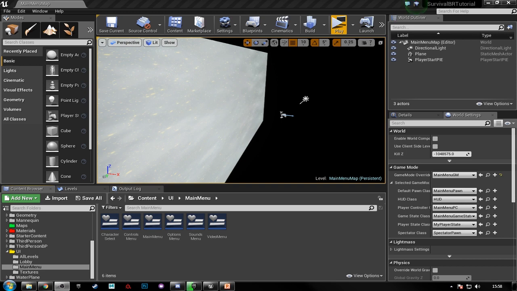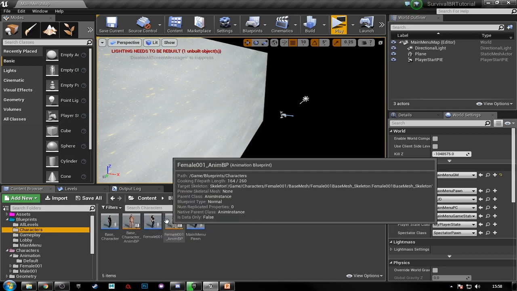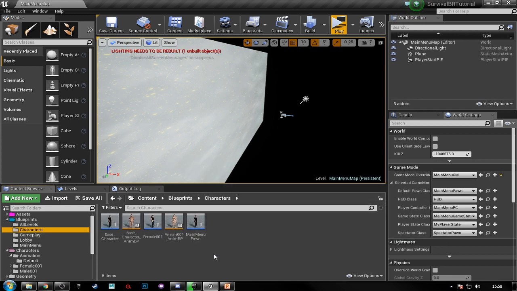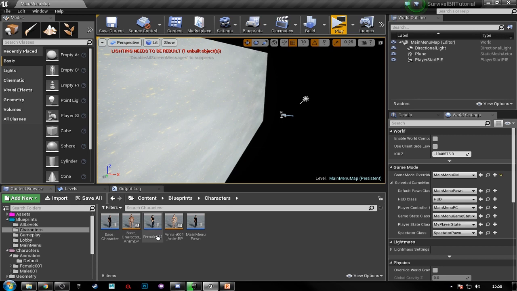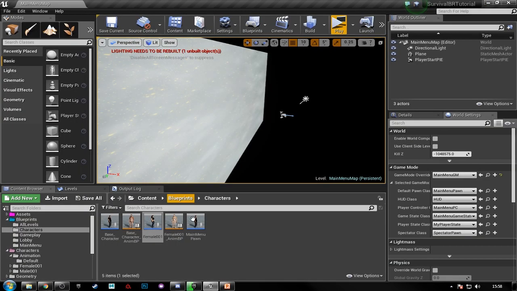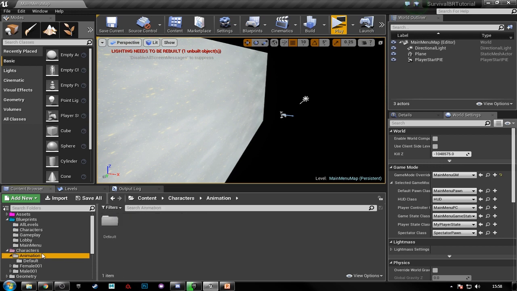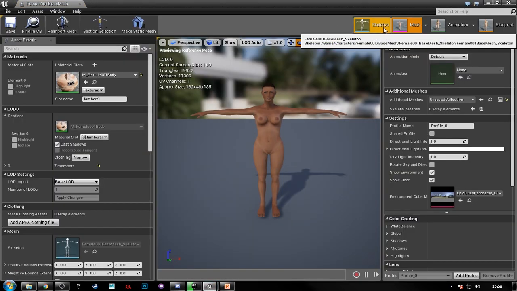In the last episode we set up our second character, which I made a female, and we set up the animations with the animation blueprint. I did run into a little issue where I didn't rename one of the bones, but I got that fixed. That was inside my female base mesh, and if I double click the base mesh we can click on our skeleton,